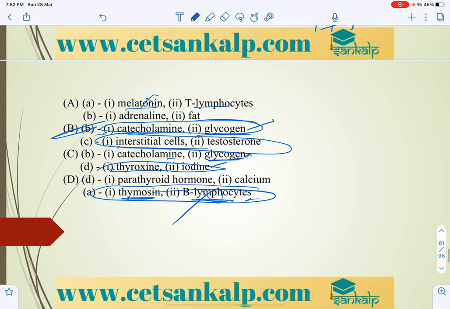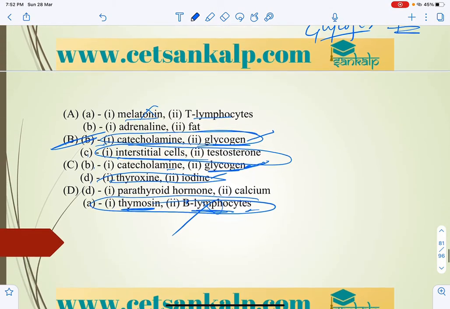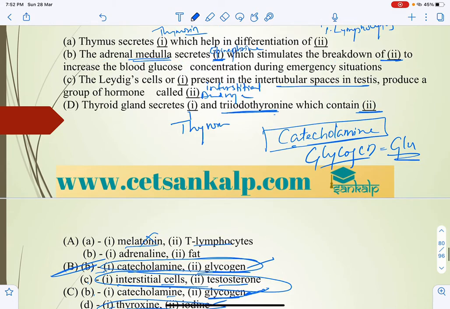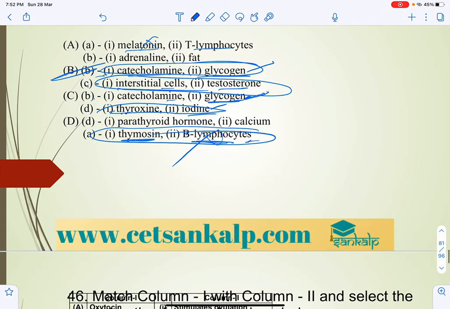Catecholamine and glycogen, right? Whereas in C we can say that interstitial and testosterone, and thyroxine and iodine. C, Leydig cells produce a group of hormone called androgen. So answer for that we can select both B and C can also be the correct answer. C can also be the correct answer. So here both B and C can be answer for this. Next,